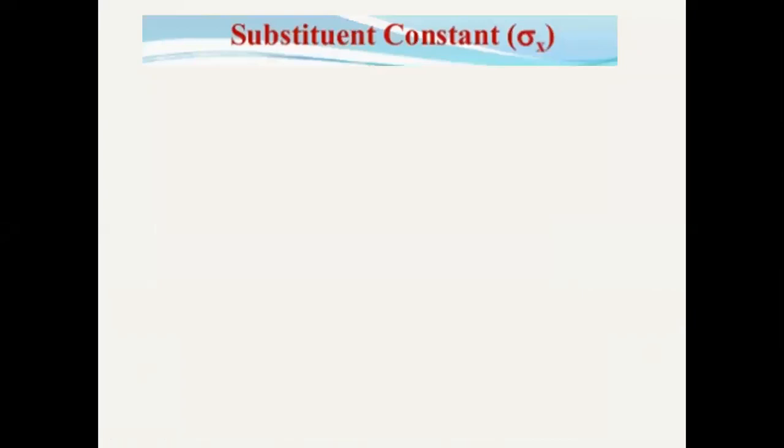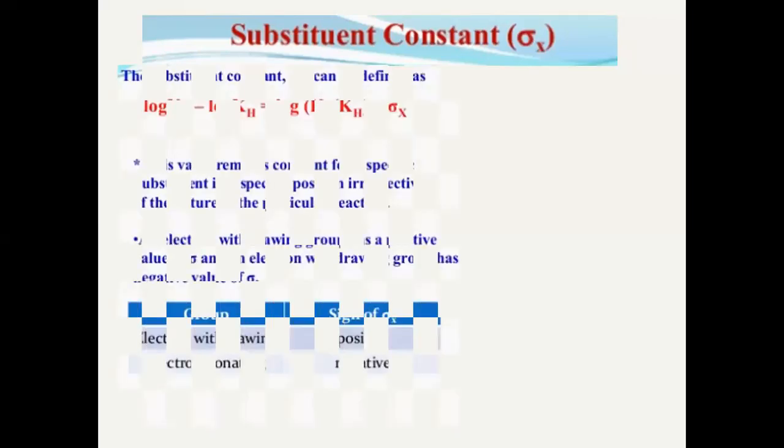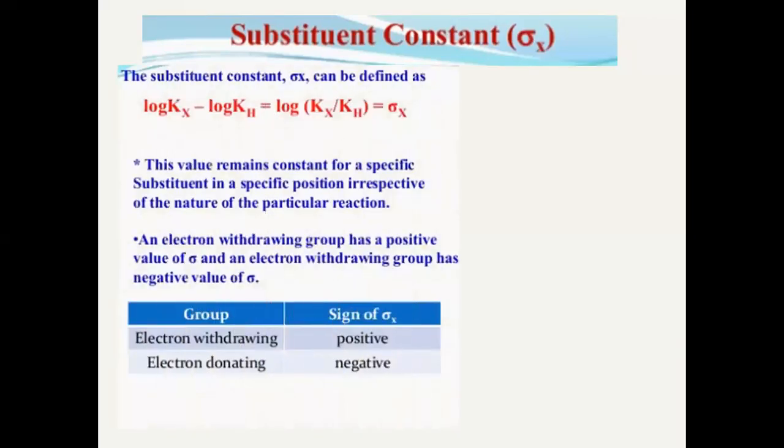Next point is about the substituent constant sigma x. If we have a certain substituent on the ring, say chlorine, bromine, iodine, nitro, methoxy, many groups, what is their effect? How can it be studied? So you see here